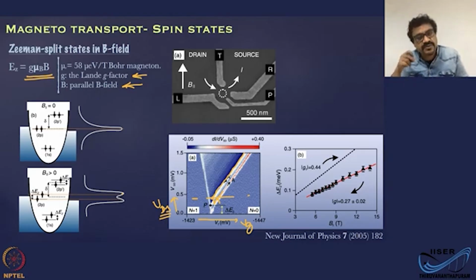In this case, this splitting corresponds to the n equals 1 configuration. Anyway, those are details which fall beyond the scope of this lecture. But in a nutshell, the splitting